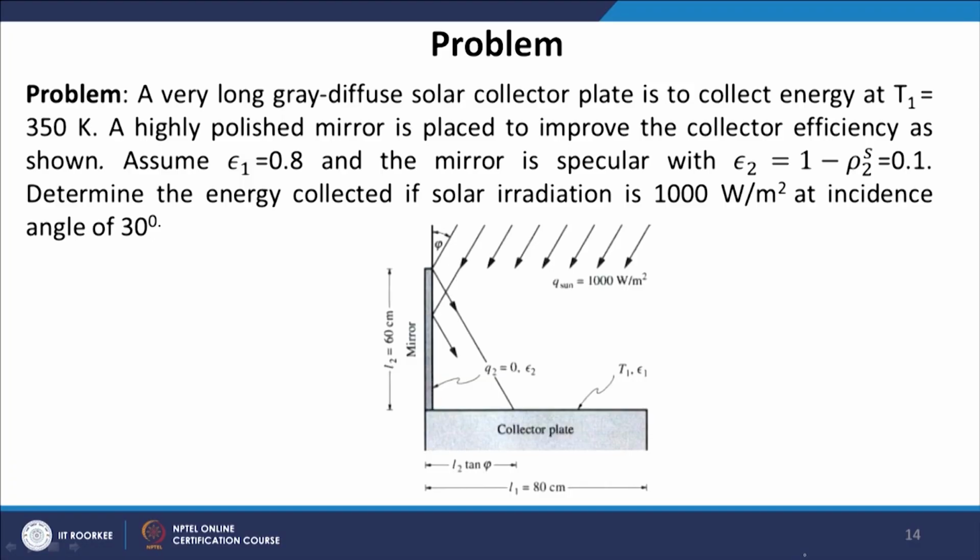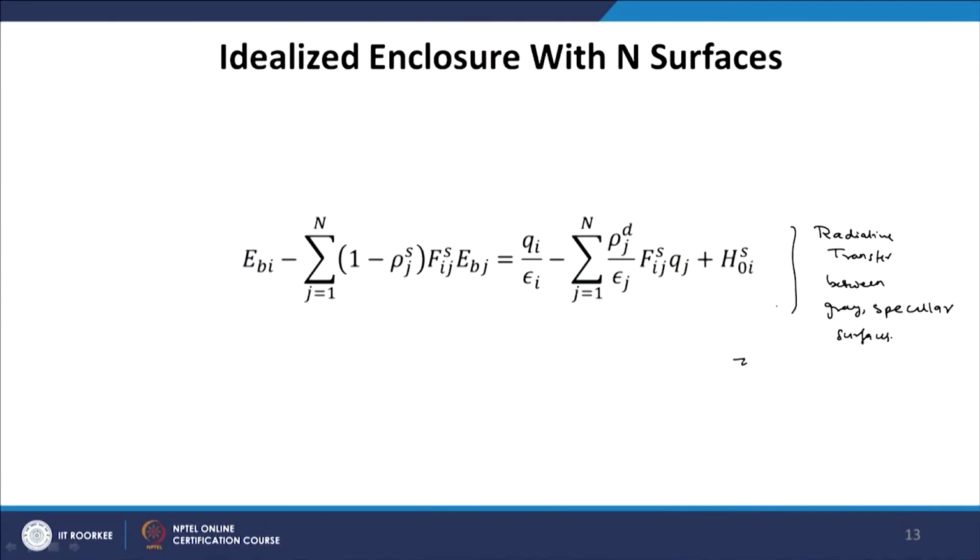Now, in this particular example, the same configuration, but the vertical reflector plate instead of gray is basically specular, purely specular, and has a specular reflectance of 0.9 or the emittance of 0.1, and we will see that when we put a mirror, a specular surface, instead of a gray surface, the efficiency of the collector is going to significantly improve. So, let us solve this problem. We will first write down the energy equation for the surfaces, and then we will use this equation. So, this equation we will use and we will write this for the two surfaces.